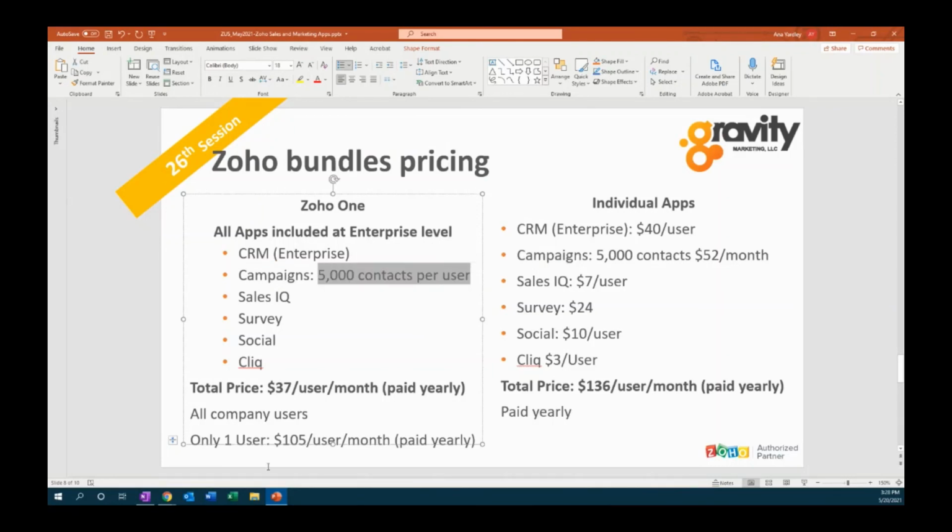So if you have 2 users, you'll automatically be able to have 10,000 contacts in your email lists in Campaigns, and so forth. Nice. So sometimes, if you have a big database, it just pays off to go with Zoho One for the campaign side of it, and usually the CRM at the enterprise level. Okay, I will